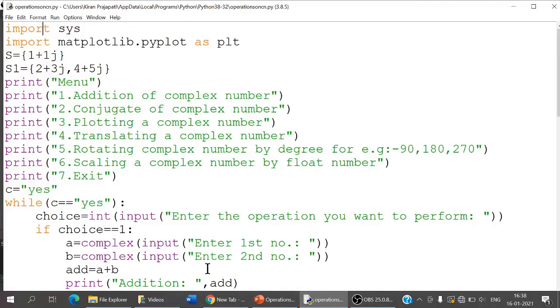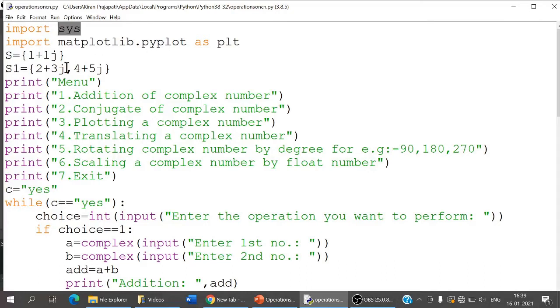Start with our program. We are going to import two modules, sys and matplotlib. Sys is to include some functions from this particular module, so that's the reason we are going to write import sys, because we are going to make use of functions from this module. And matplotlib is for visualization purposes, as we are going to do some plotting, graphs and all. For that purpose we can make use of matplotlib, and from that I am going to make use of the pyplot package.